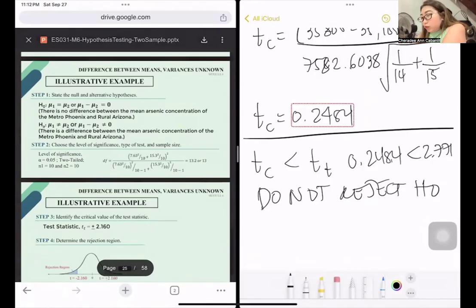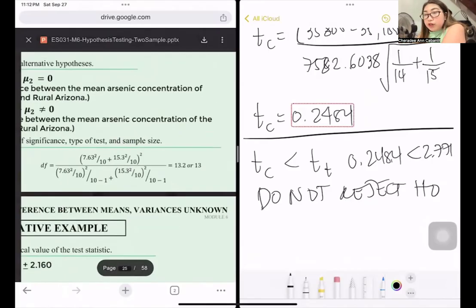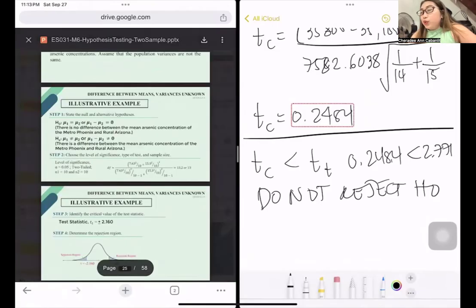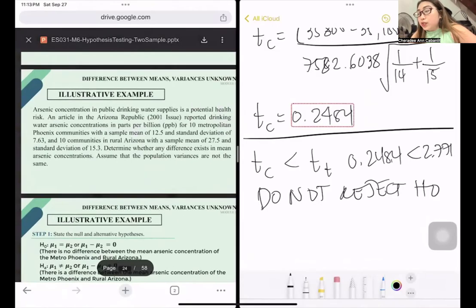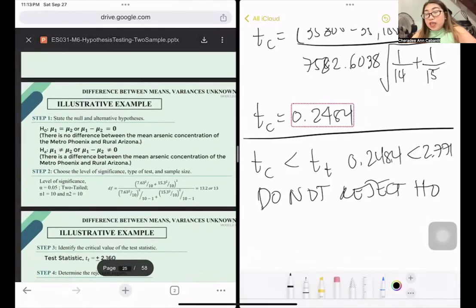So in this case, wala niya round off, no? So we follow the rules of rounding up. If it's 5 and above, we use now the next value. If less than 5, so 4 below, we use the lower value. Okay, so in this case, here, gimension na po niya that assume that the population variances are not the same. So that's why it used the separate variance t-test. So in this case, same ra gihapon ang rule, same or not the same.